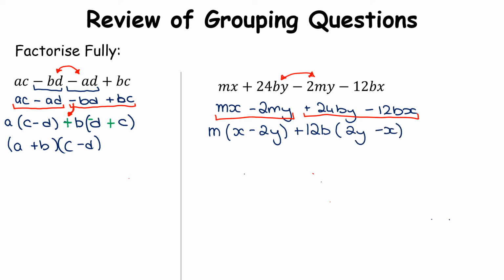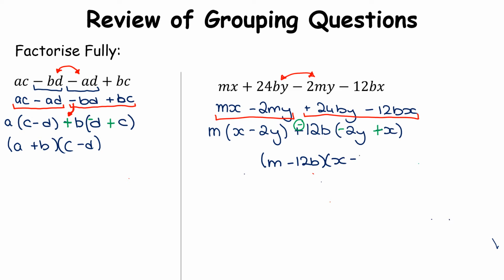Now, here we look at our two brackets. Are our brackets the same? No, because in our first bracket, x is positive, 2y is negative. So I'm going to need to change my signs. So that's going to change to a minus, but then this will also change to a minus, and this will change to a plus. And as we do that change, the brackets now will be the same. So we get m minus 12b